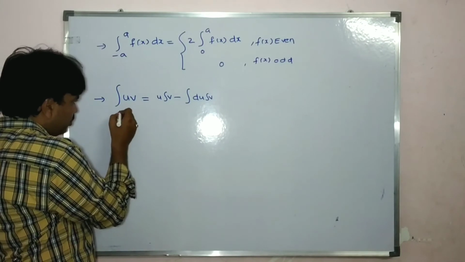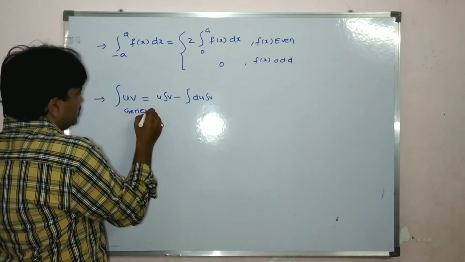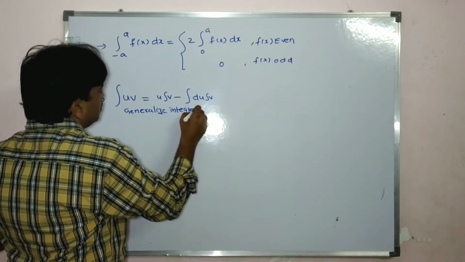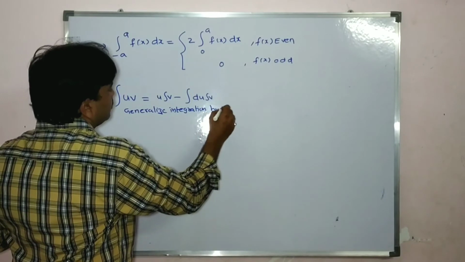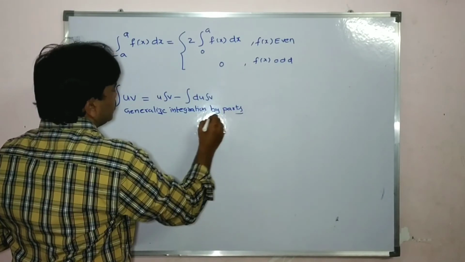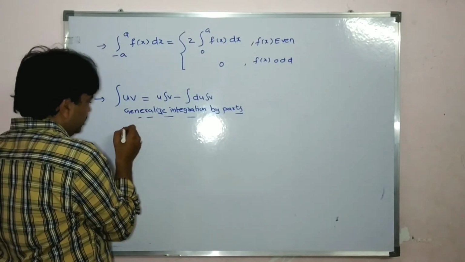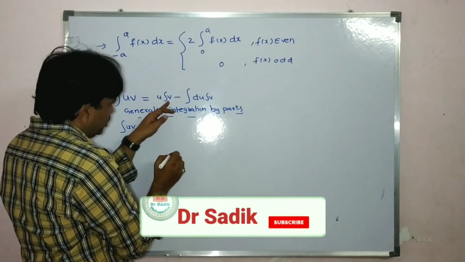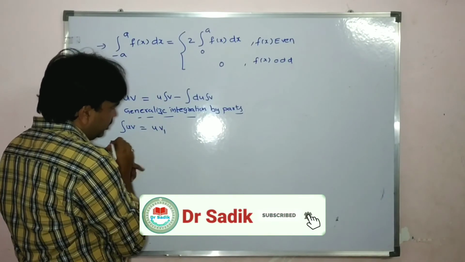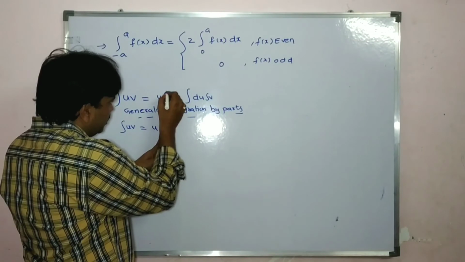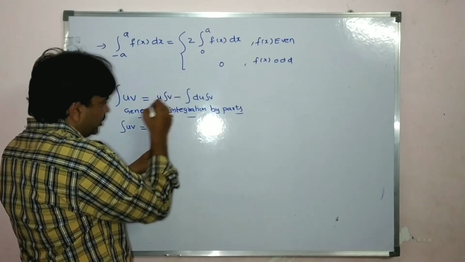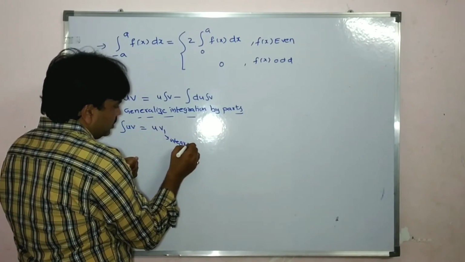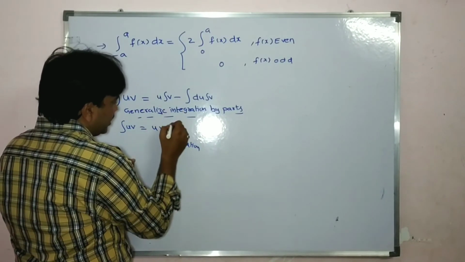Now, these are the modifications, students. Generalization of the integration by parts formula. So, same formula, integral of uv is equal to u v1, where v1 means integral of v. The suffix stands for integration. Minus